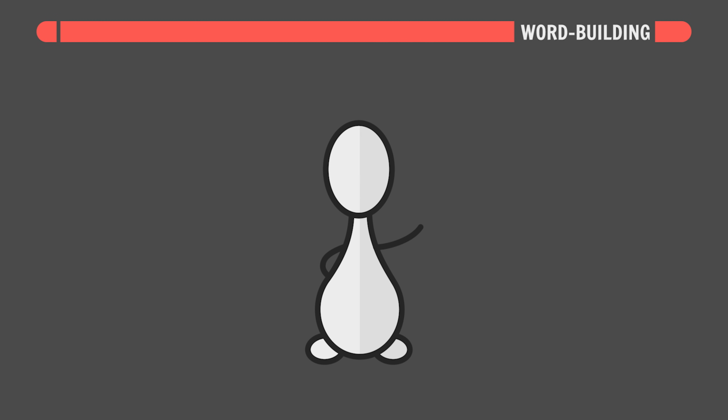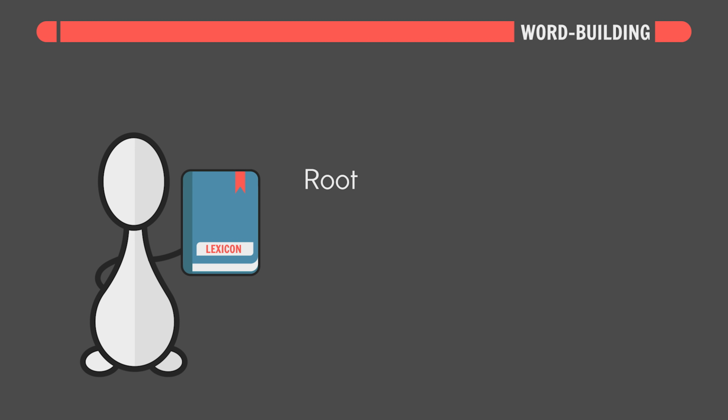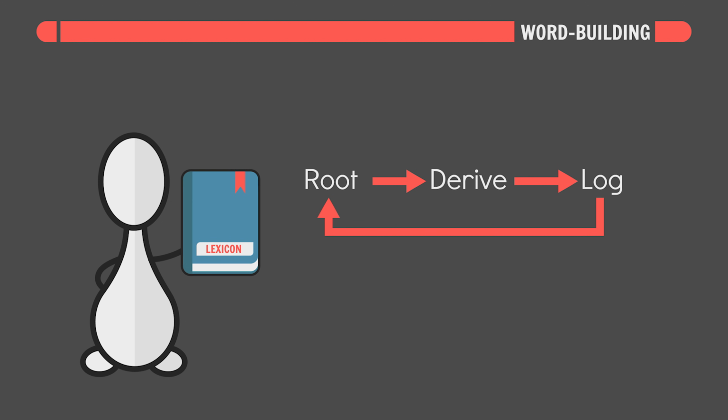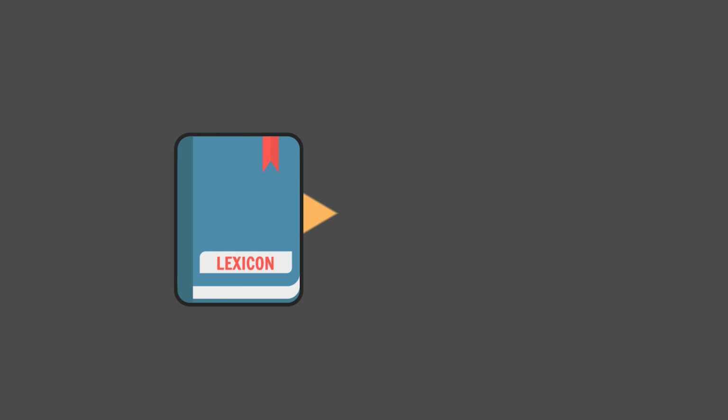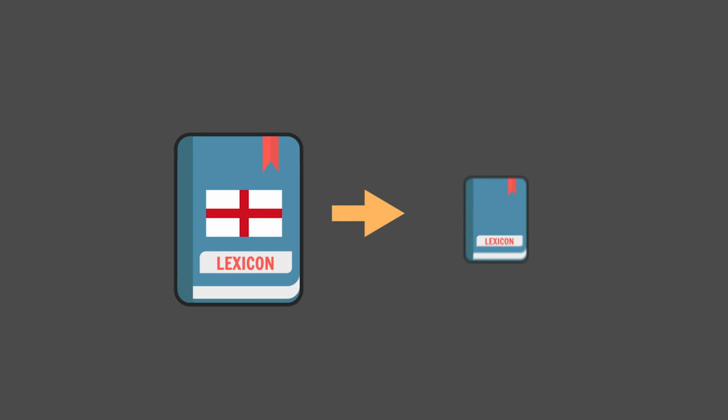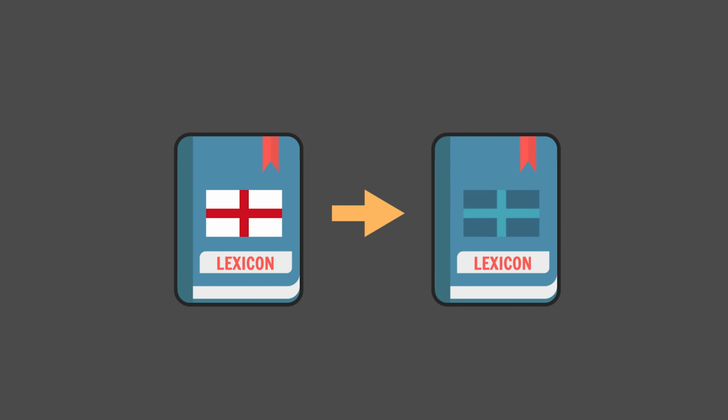Word building, the process of constructing a language's vocabulary, or in linguist speak, its lexicon. There is no one correct way of constructing words, but I like to create basic root words, run them through a derivation system, and then log them alphabetically in a spreadsheet. Rinse and repeat. Systematically translating the English dictionary one for one will lead to an incoherent English clonelang. So to avoid this, I create words as I need them when I'm writing or world building.